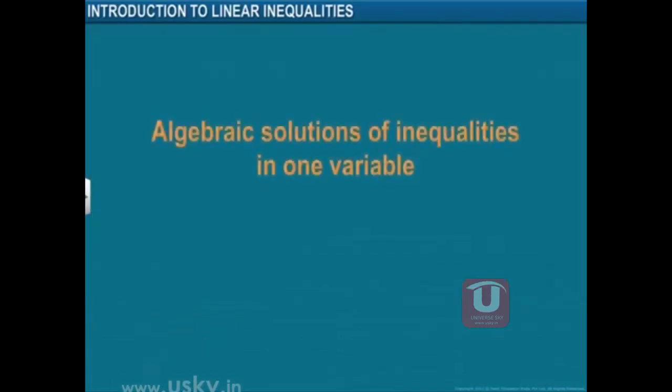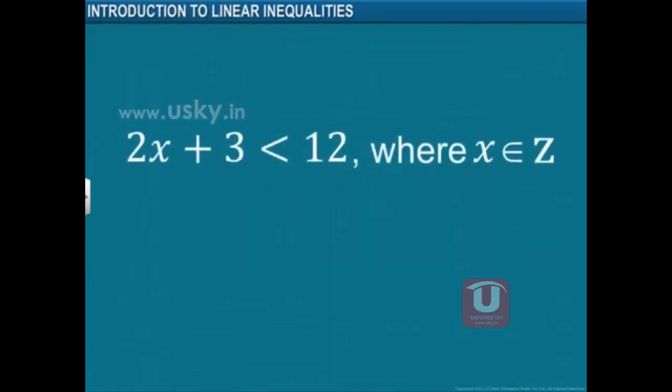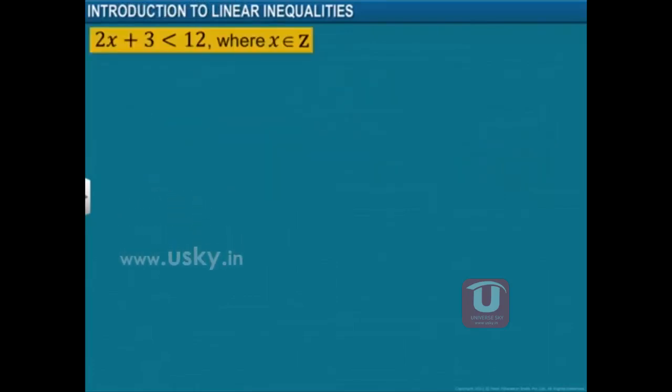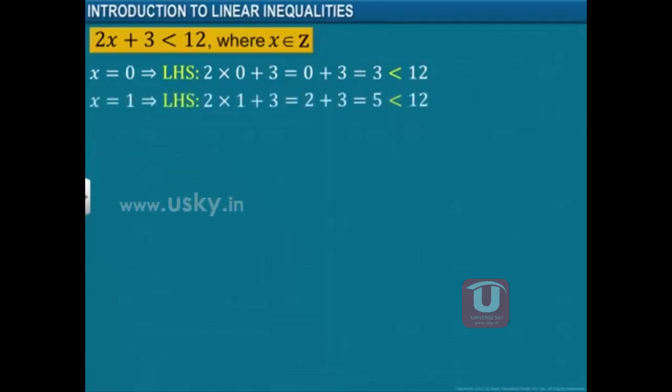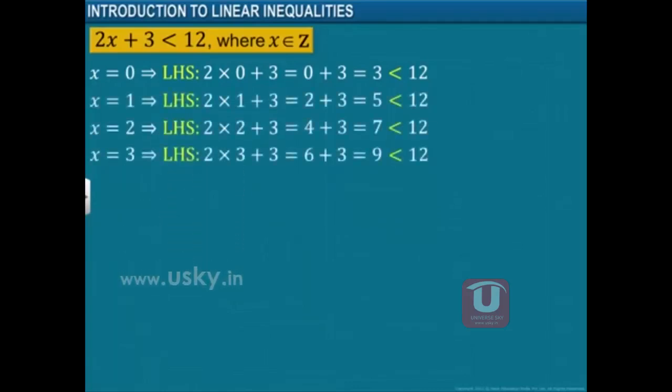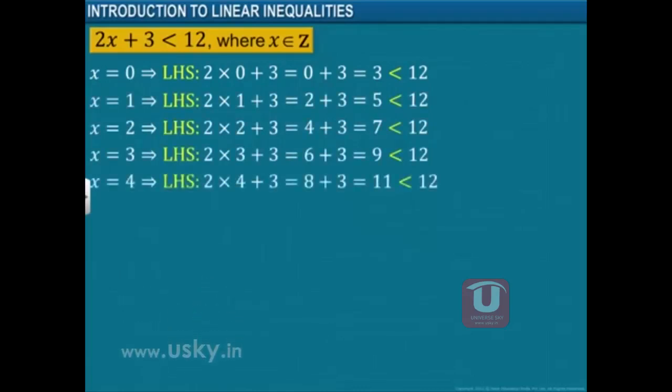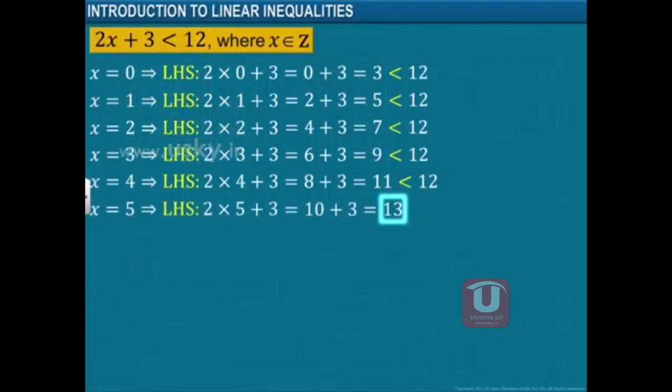We will now learn about algebraic solutions of inequalities in one variable. Consider the given inequality. Let's start substituting different values in place of x on the left-hand side of the inequality, starting with 0. We get the value of the left-hand side as 3, which is less than 12. Next, we keep on substituting the subsequent values. We observe that when we substitute 5, we get the value on the left-hand side as 13, which is not